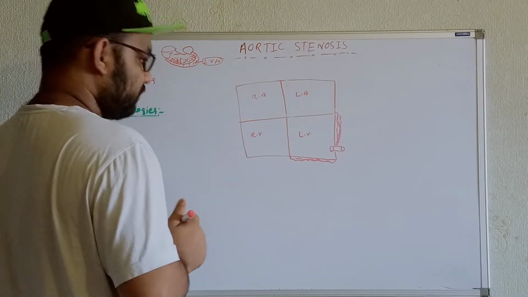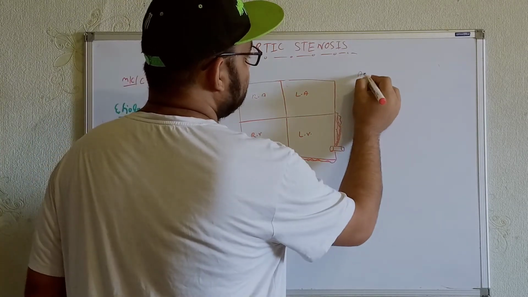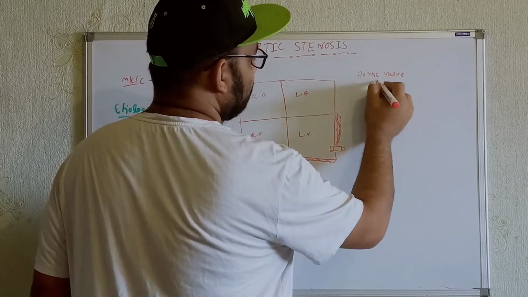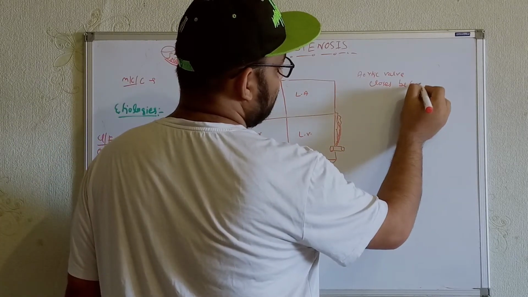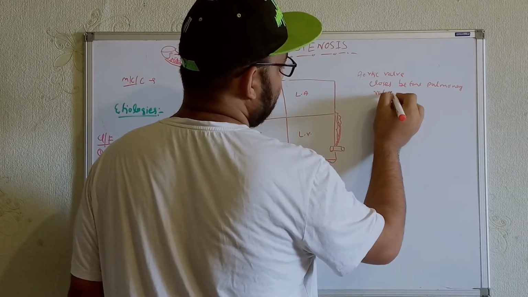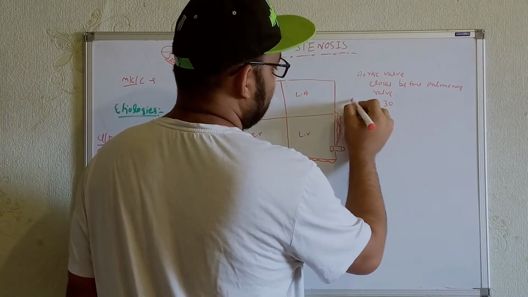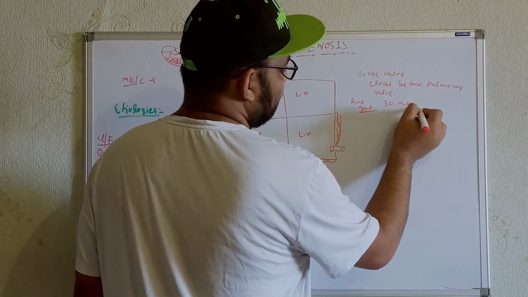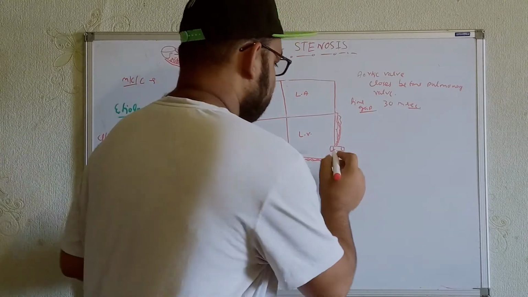Now try to understand: we know basically that the aortic valve closes before the pulmonary valve. So we get a time lag, or time gap, of around 30 milliseconds. But the problem here is that when left ventricular hypertrophy or stenosis occurs in the aortic valve region,